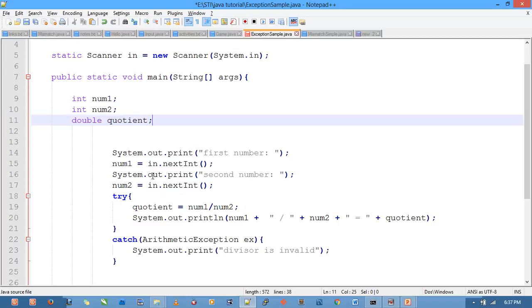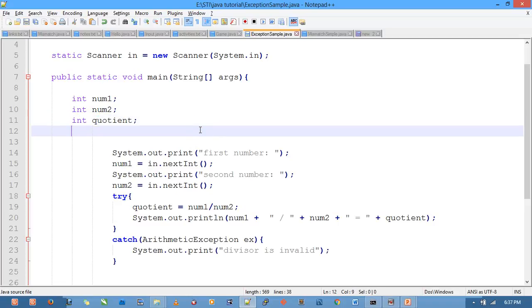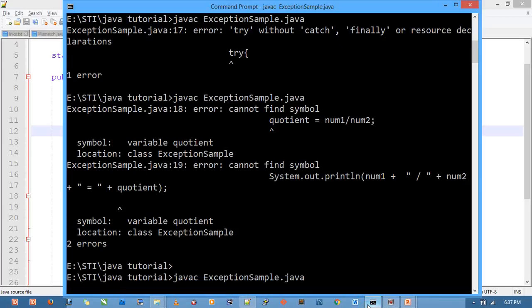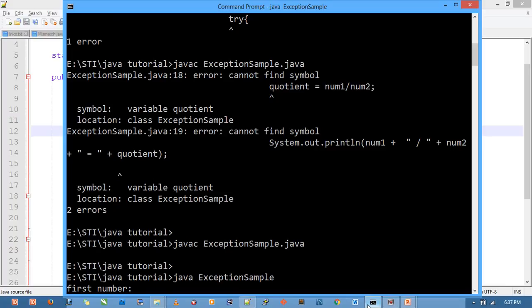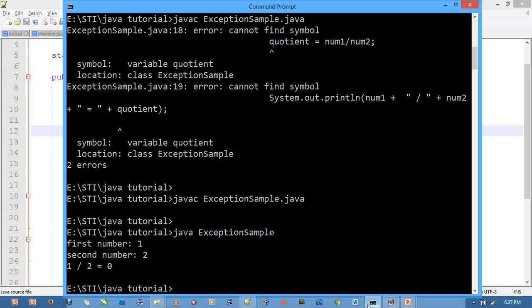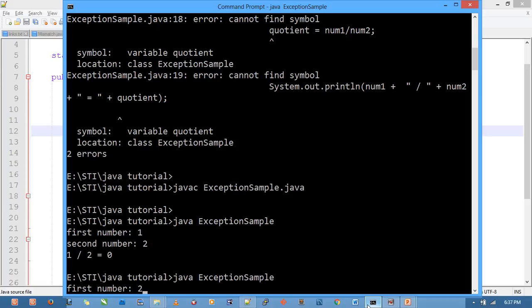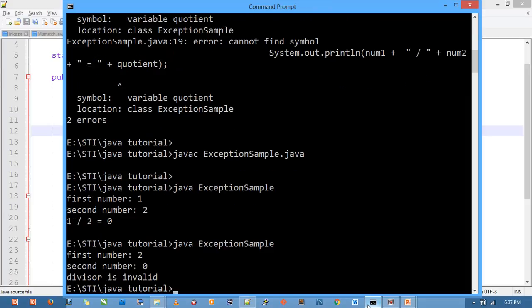Okay, so now let's just pull this through. For the meantime, let's just put it as an integer so that we will not have any trouble at all. So now we have this. Will this actually work? Okay, it compiled, and it's working 1 divided by 2, but what if I put 2 and then 0? It actually worked,